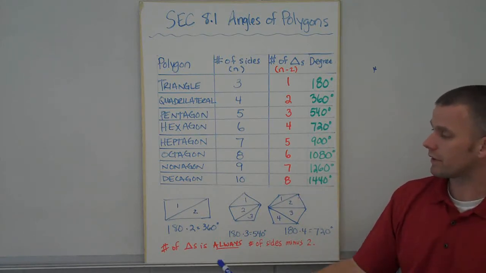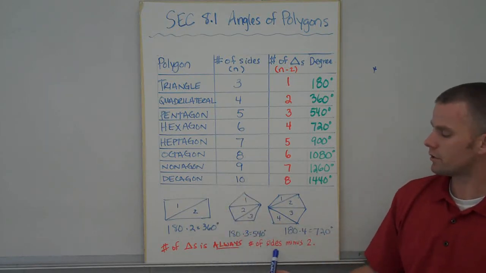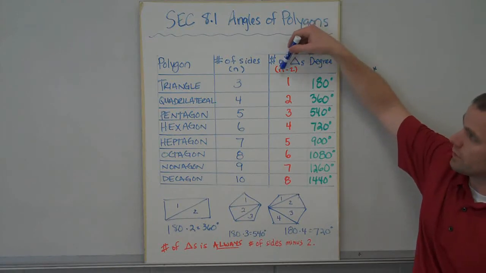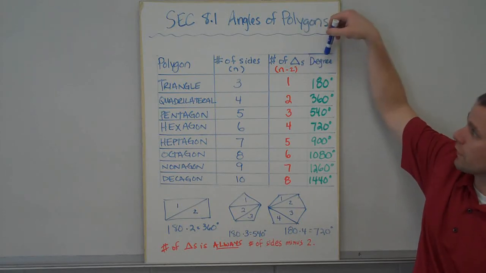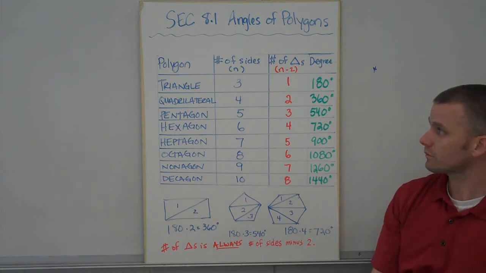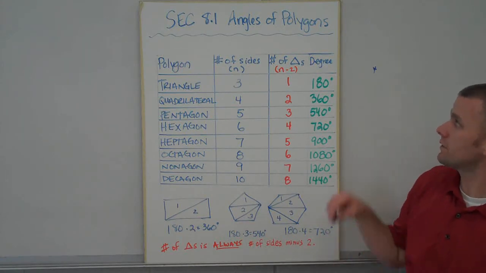The key thing here is that the number of triangles within a polygon is always 2 less than the number of sides. So that's why in this column you'll see it says n minus 2. The number of sides minus 2 will tell me how many triangles I have in that polygon, which will help me figure out the total of the interior angles in terms of degrees. So, what that helps us with is it leads us into